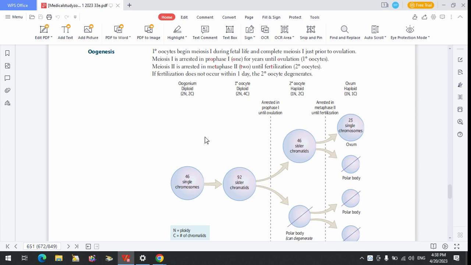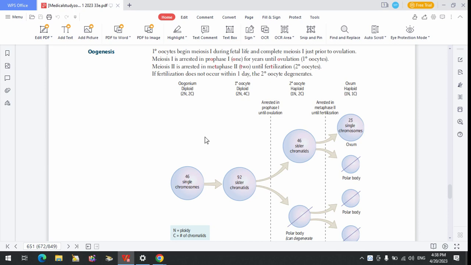It is diploid, just like the spermatogonium. It contains 2N, 2C, two copies of the chromosome, maternal and paternal, and this copy of that chromosome, let's say chromosome 1, is made up of two sister chromatids. So this one is quite different from what happens in spermatogenesis, because in spermatogenesis, I told us that one happens